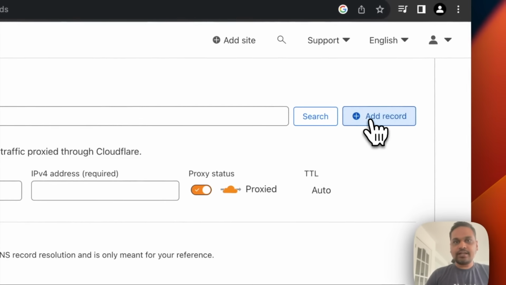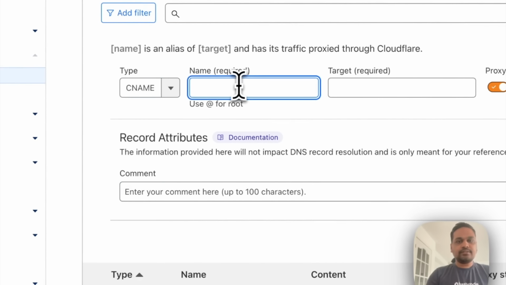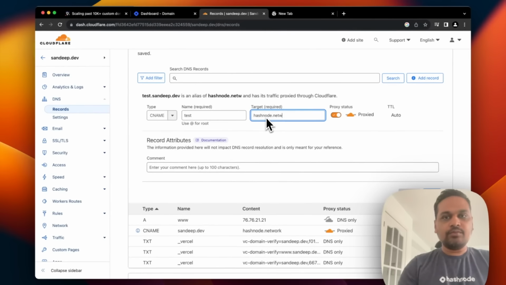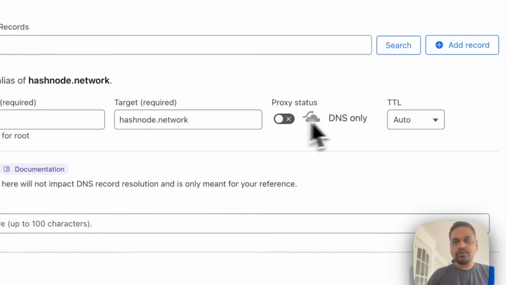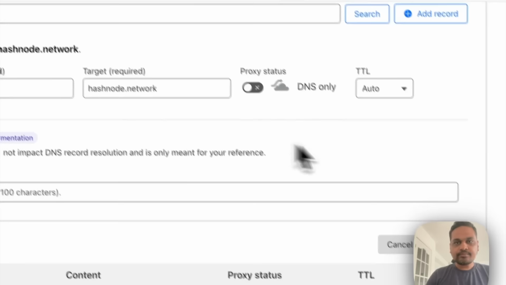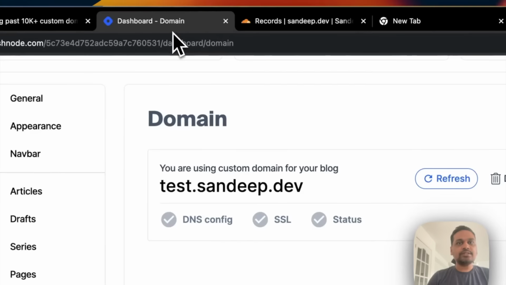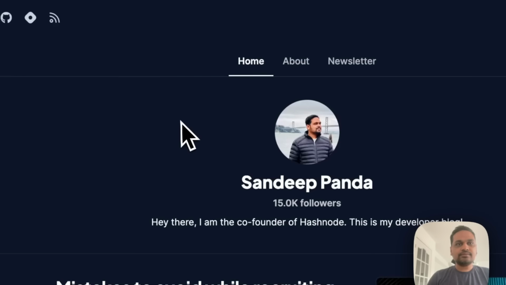So I'll add a new record and I'll say that, okay, CNAME is test and the value is hashnode.network, which again resolves to Vercel. I'll be sure to turn this off and I'll save it. And I'll go back to Vercel and it's done. As you can see, it's live.